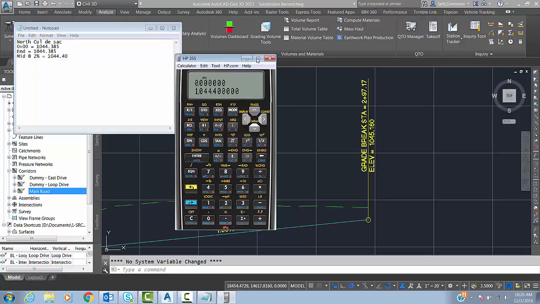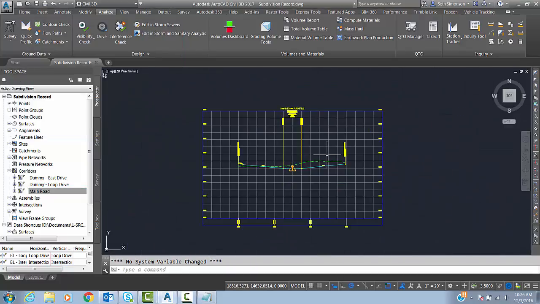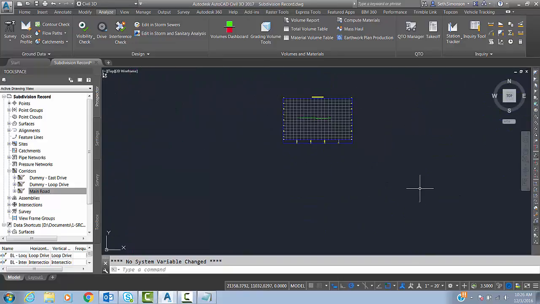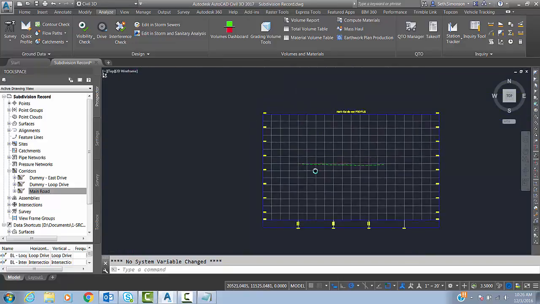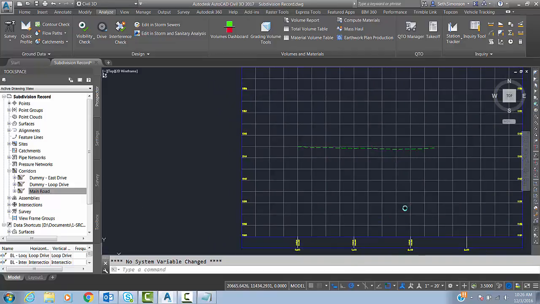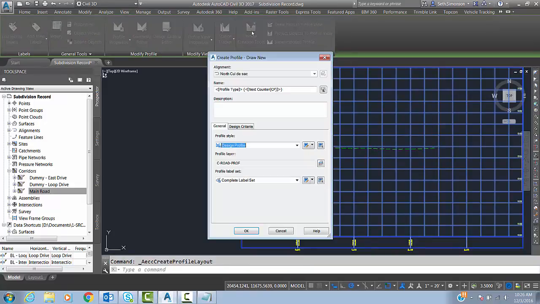So now I'm going to close out of my calculator. I have no need for that open anymore. And then I'm going to go back and start creating my finish ground profile. So I go down here to where I put my surface profile for that north cul-de-sac, and I'm going to create a new one. So I'm going to click and select this profile grid, go up here to profile creation tools, and I'm going to call this one